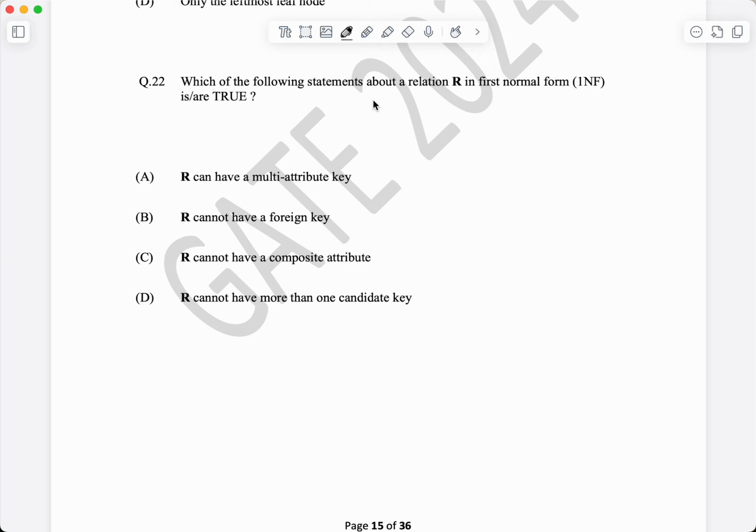Good morning students. So today we're going to solve question 22 from GATE CSE 2024 set 1. The question states: which one of the following statements about a relation R in first normal form 1NF is true, right? So first of all, what does first NF mean? First NF is basically first normal form, and it deals with the restriction that the attributes inside of